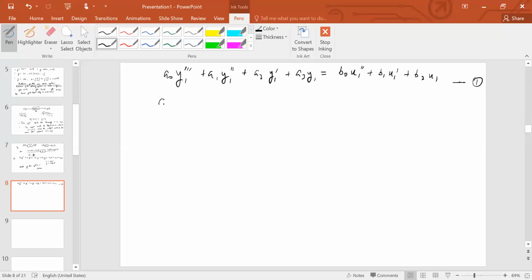By the same token, you can write A0 Y2 triple dash plus A1 Y2 double dash plus A2 Y2 dash plus A3 Y2 is equal to nothing but B0 U2 double dash plus B1 U2 dash plus B2 U2. Okay, and now let's say Y hat